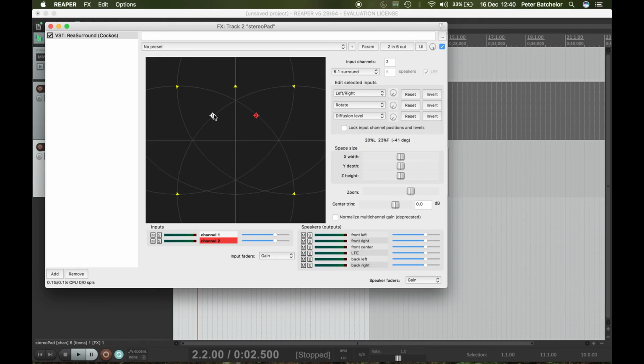So that means that, for example, if we got our stereo sound and we want to move the whole thing to the rear speakers, then we could do that,